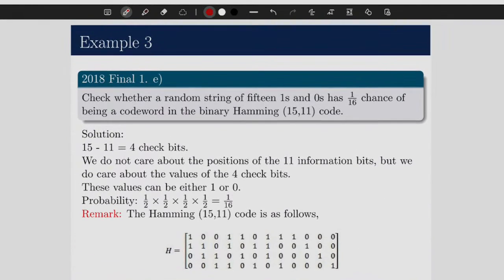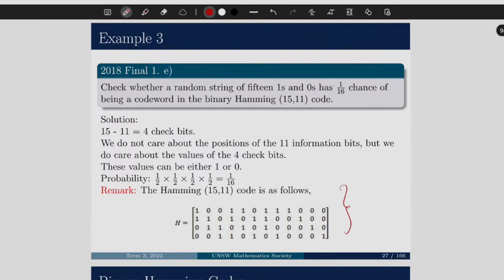And if you're curious, this is what the working out would look like written down. There was no need to know the Hamming 15-11 code, but naturally because it's easy to search for and easy to find, you could have also used this to find your answer. But I don't feel that knowing the positions was very necessary, and there were other ways to do it, right? Two different methods, both equally valid.